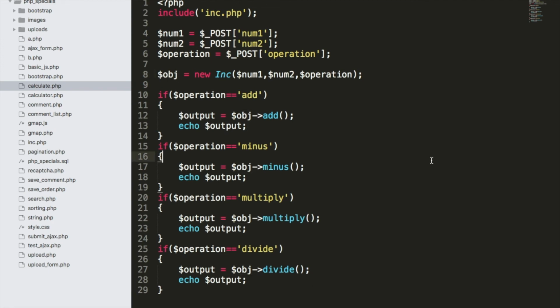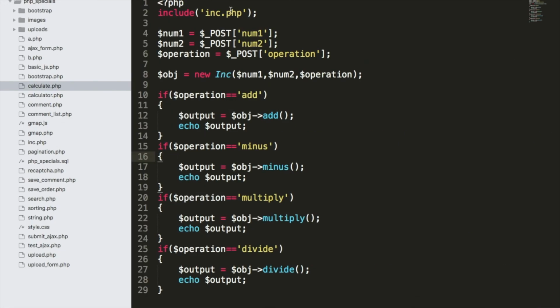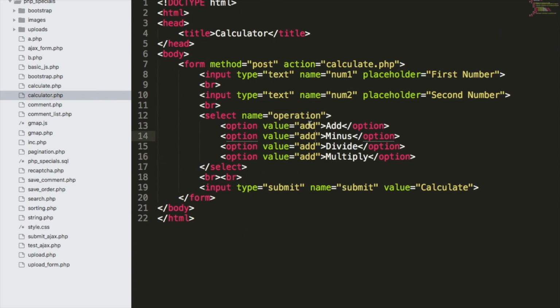Now let's see if everything is working. Calculator.php. My first number is 1 and my second number is 2. I want to add it, so calculate. So it is giving me 3. Perfect. Let's go back. My first number is 2 and my second number is 2, and I want to minus, so it should be 0. Let's see, and it is adding, I guess. Why? Let me check. Oh, all of the values are add,